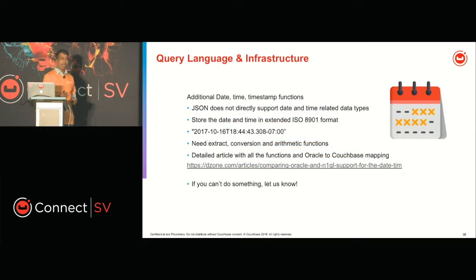If you remember the data types within JSON, it does not have a date-time data type. Date-time data type is not in JSON natively. But every business application requires a date-time data type. So we support the standard ISO 8601 format. You have to store it as a string, but